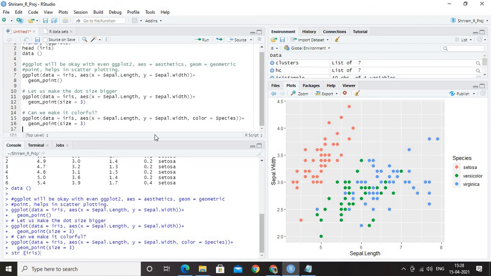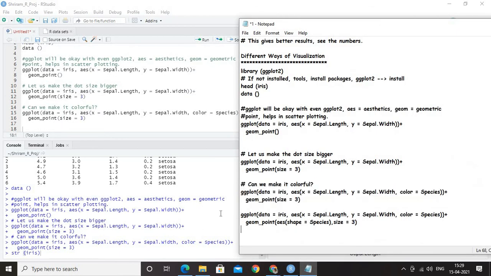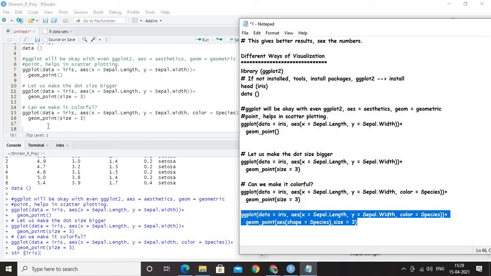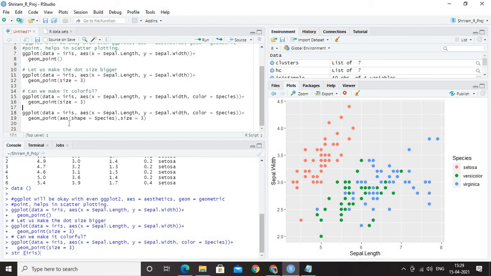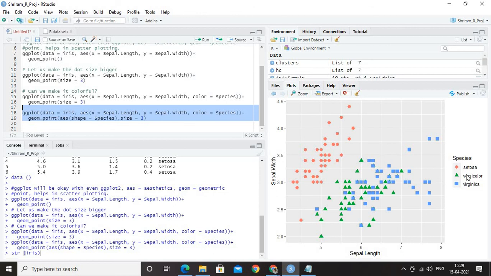It's very simple. Now, what more is left? We have only one more learning left in this. I'm going to make it a little more interesting. How do we do it? Very simple. Here, I'm going to have shape for species. So I'm going to give different shapes for different species here. Instead of me telling, if I run that, that would be really useful for you. You can see that Setosa got a circle, versicolor got a triangle, virginica got a square. So that's how we got the entire display done in terms of 3 different symbols. That's possible because we included shape in the entire process.